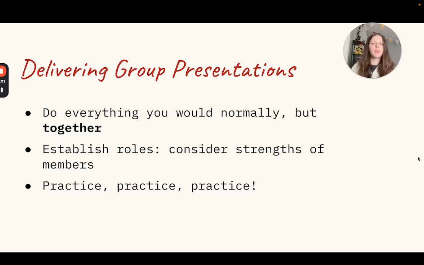So, delivering group presentations. There are three important things to remember when you're delivering group presentations. One, do everything you would normally, but together. Come up with the topic, the thesis, the purpose, the outline, and the presentation slides. Do it all together. Of course, you don't have to get everyone's opinion on every little thing, but go ask,